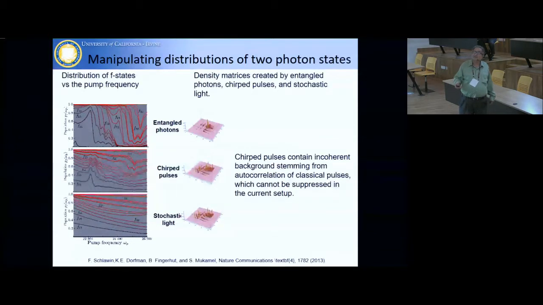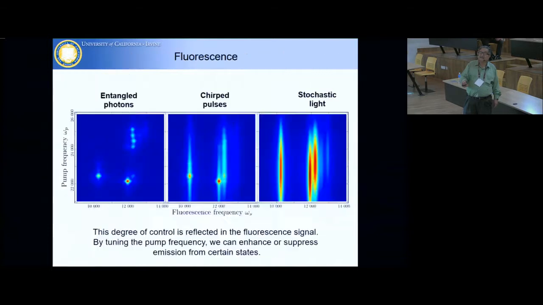Now, what I'm showing here is the probability to be in different F states, F11, F12, and so on, as a function of the pump frequency. And this is what I get with the entangled photons. So I get a good spectral resolution, which means I can distinguish quite nicely between the different F states. Now, if I use the chirped light,